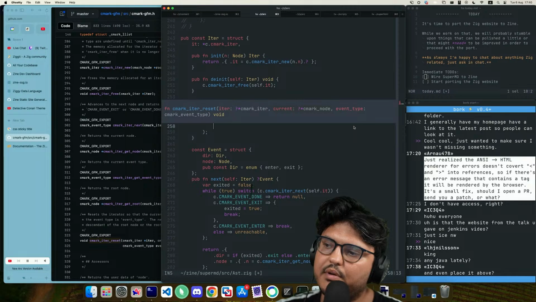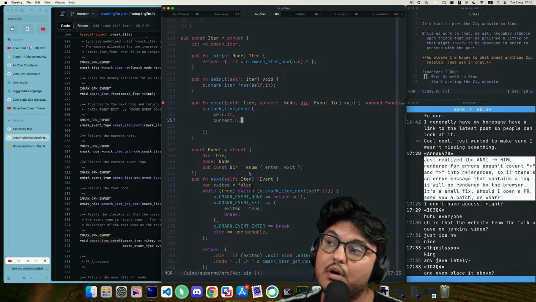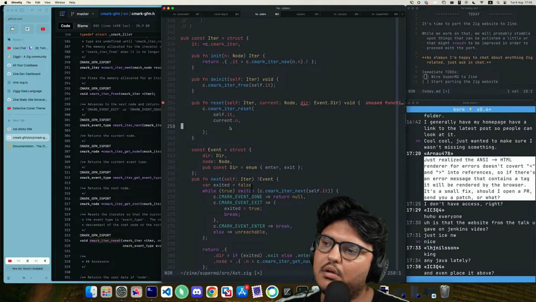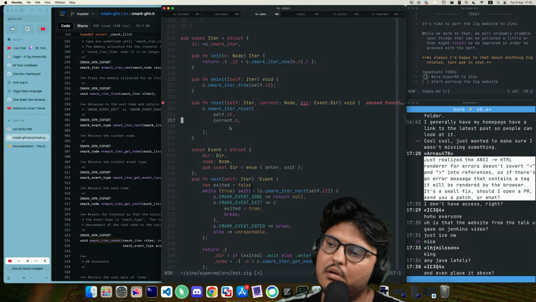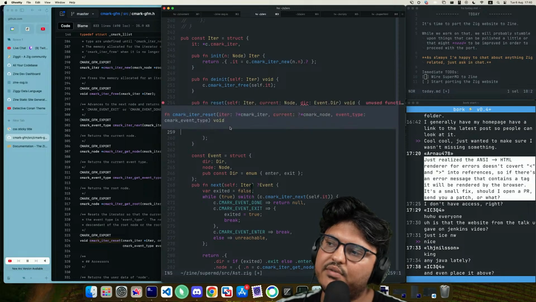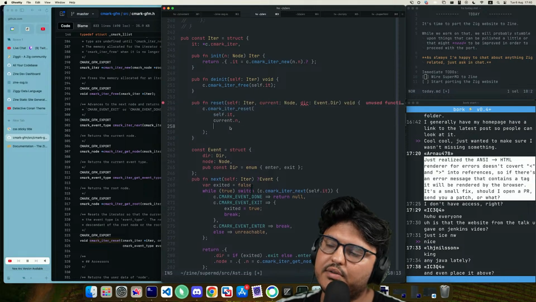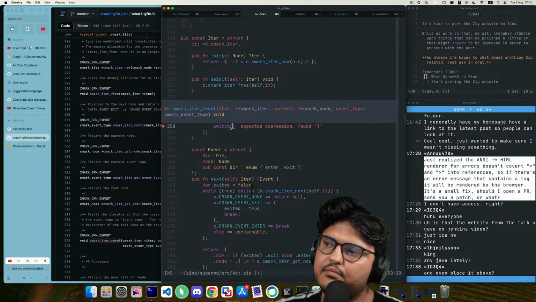CMark event type. Don't exit enter. Oh, I see. Well, I guess we cannot set it to done, but it's going to be fine.